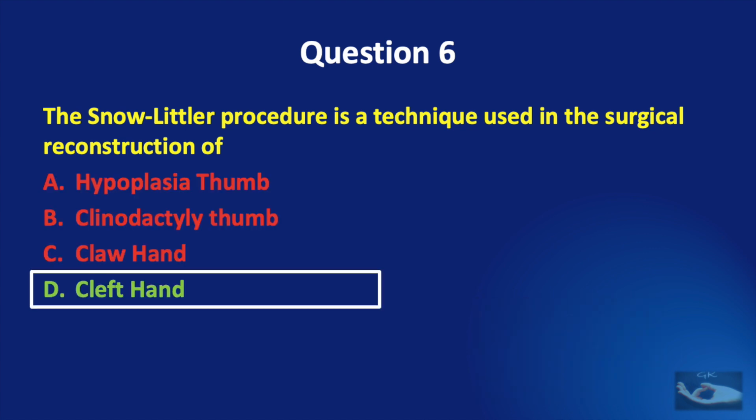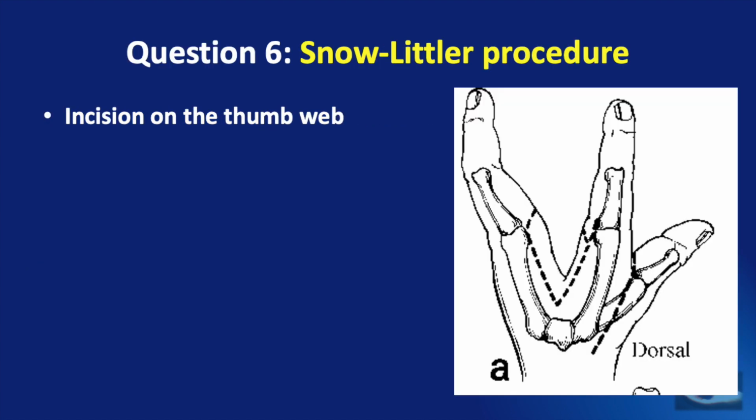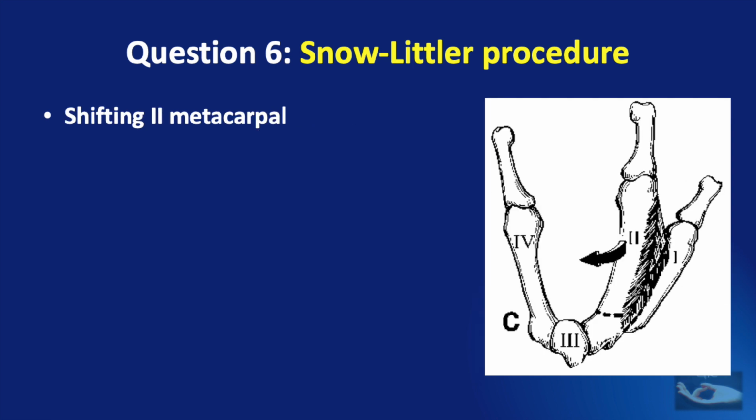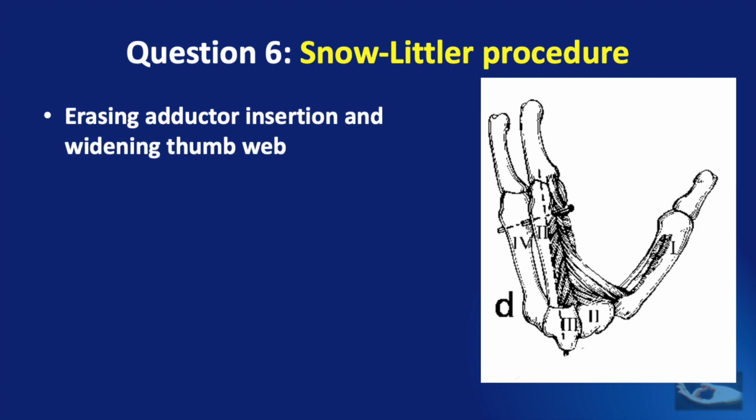And the correct answer is cleft hand. The Snow-Littler procedure basically consists of the following steps: incision on the thumb web to release the syndactylized thumb and the index finger, raising a volar flap over the cleft region based on the volar side, shifting the second metacarpal bone to the region of the third metacarpal bone, erasing the attachments of the adductor pollicis and the origin of